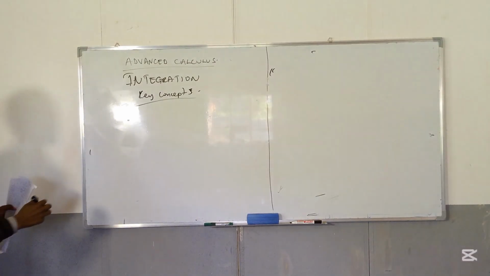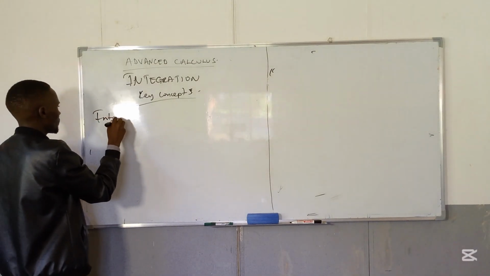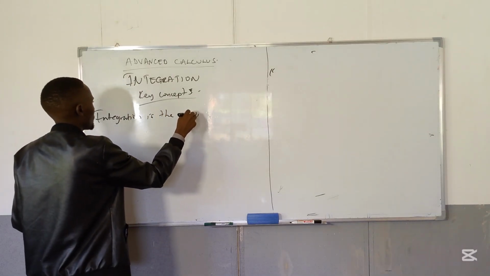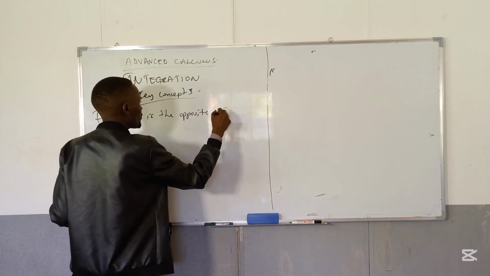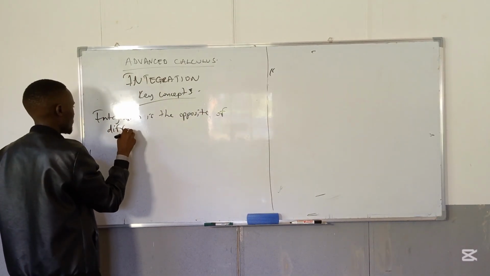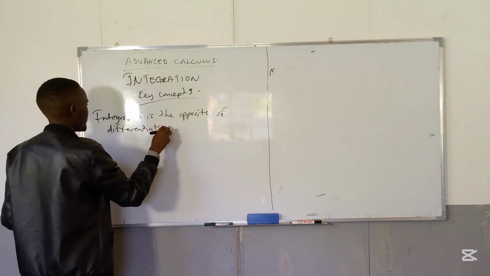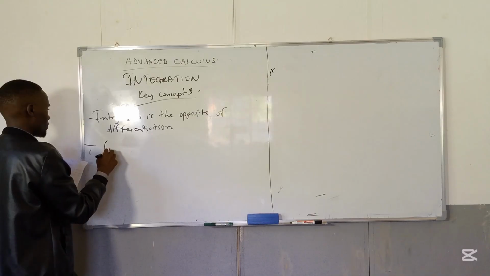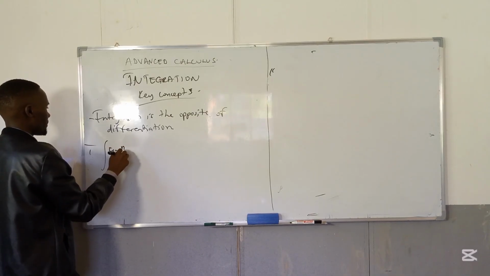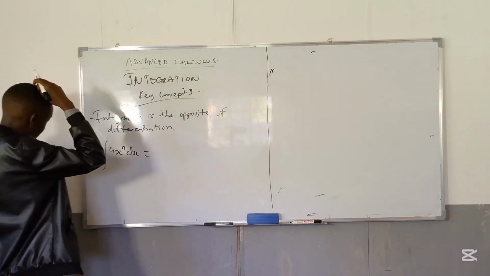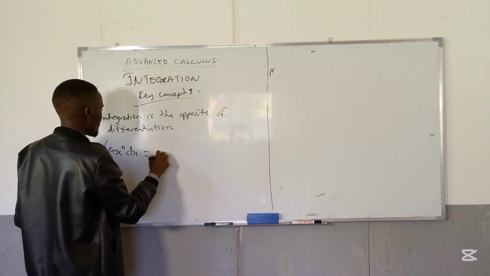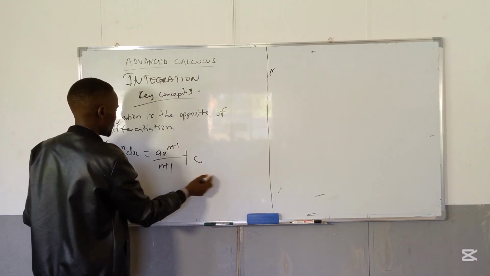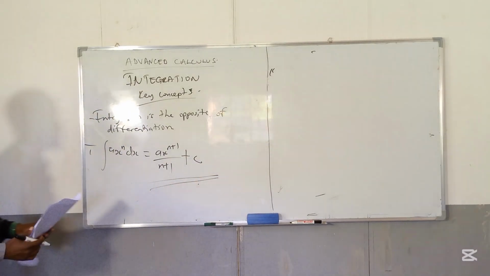The first one is integration is the opposite of differentiation. The other one is the integral of any function ax power n with respect to x is the same as ax power n plus 1 over n plus 1 plus the arbitrary constant. So we shall start